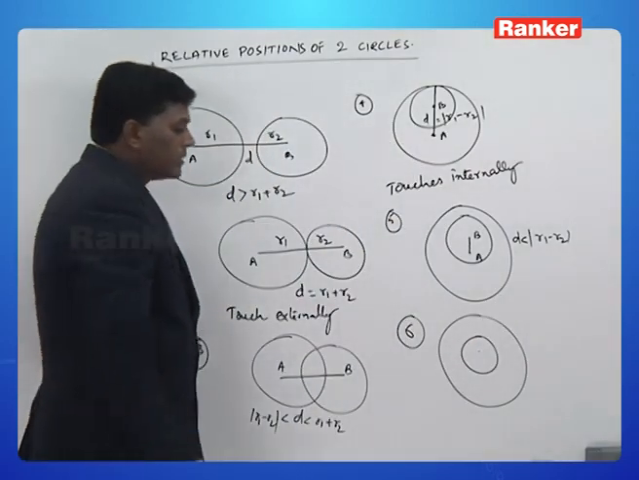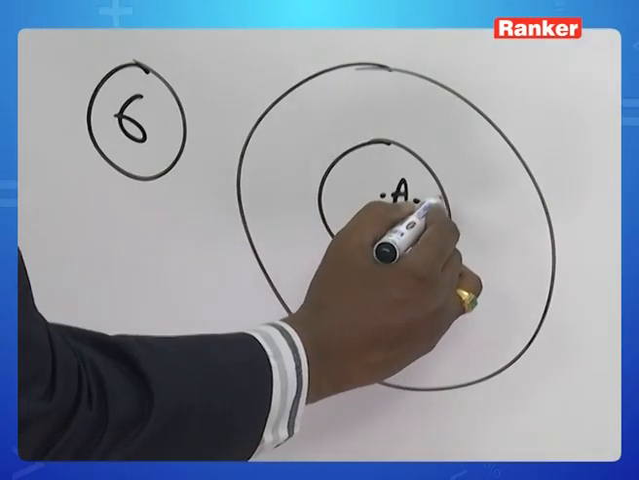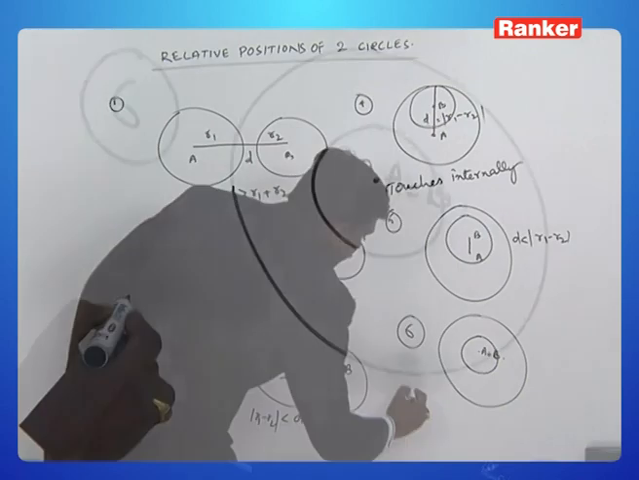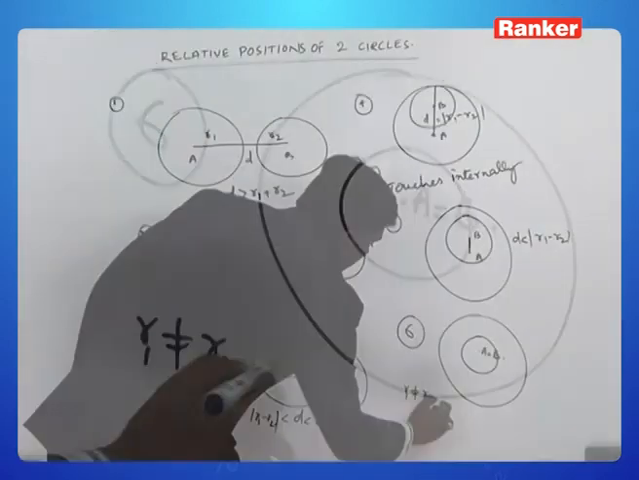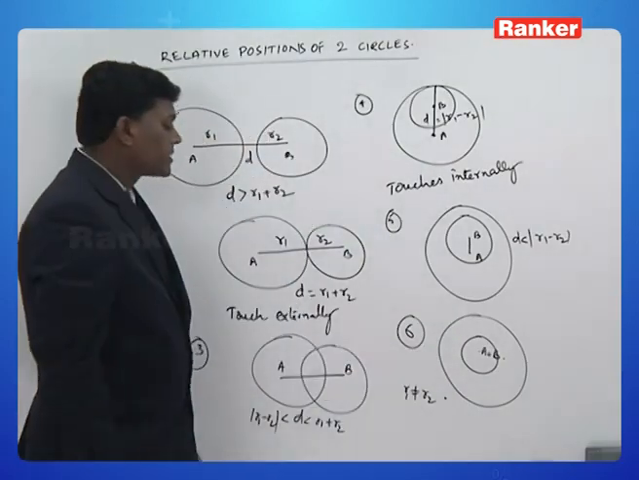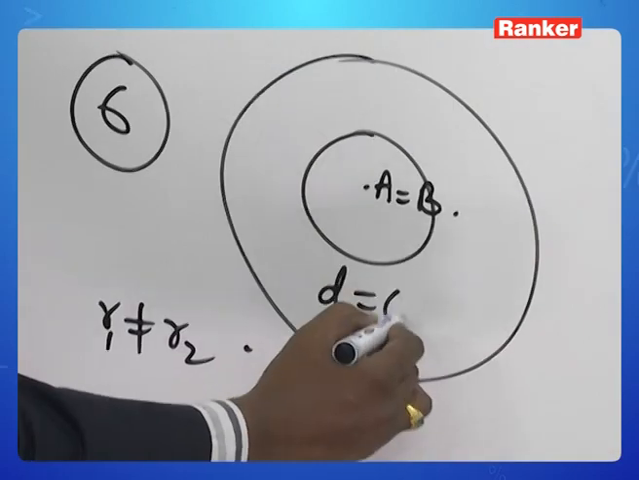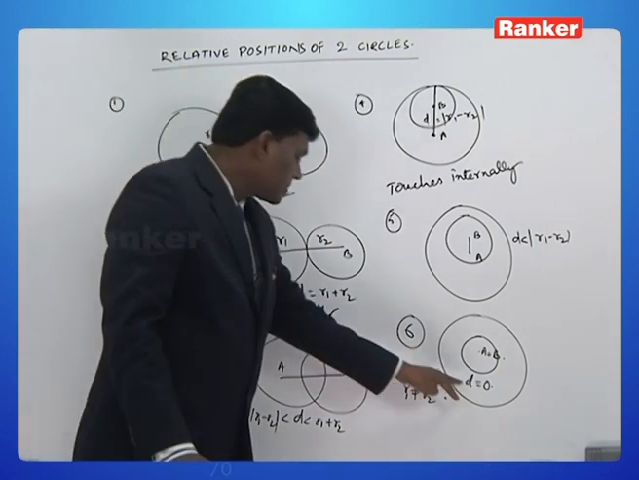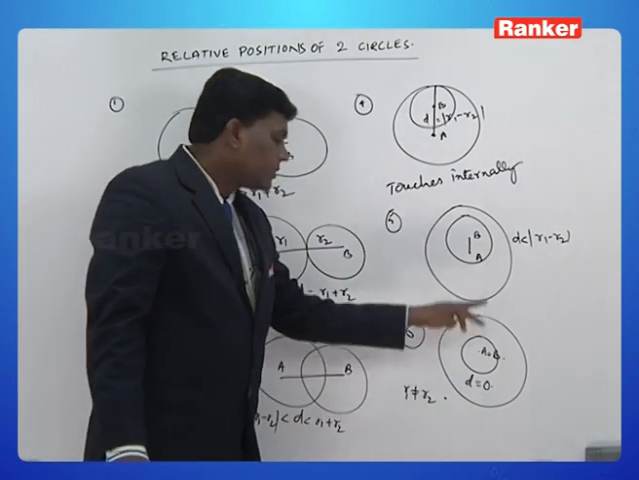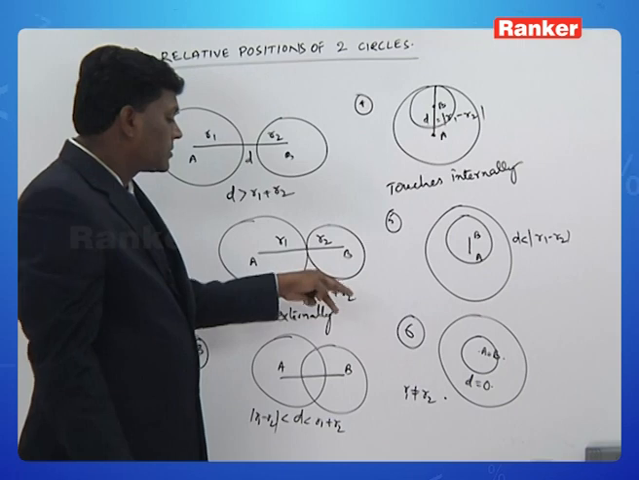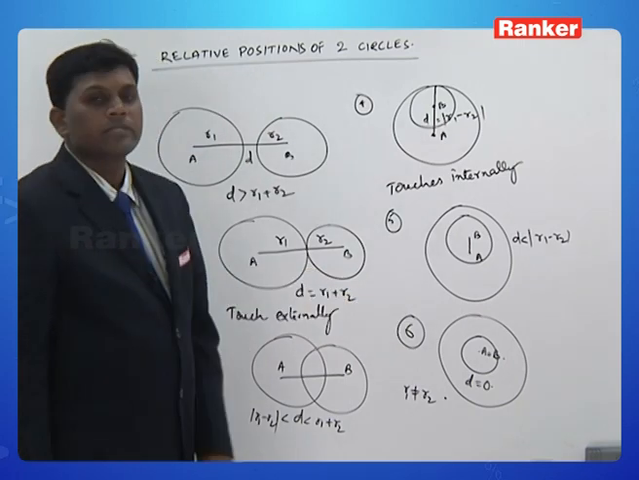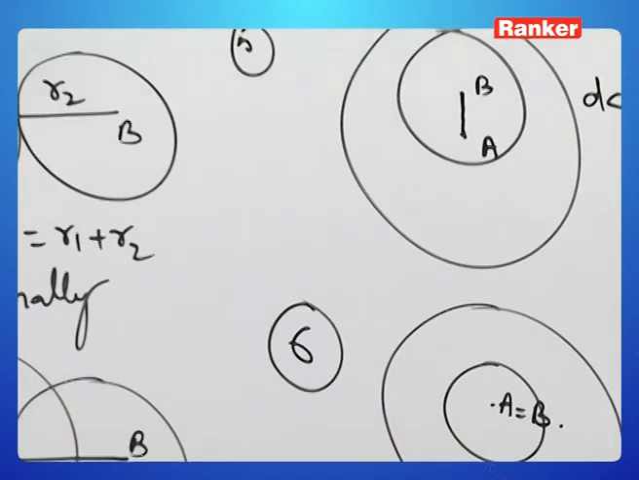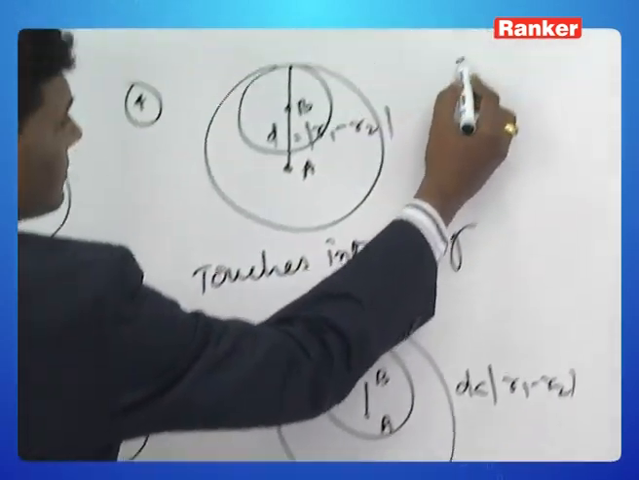in this case, both the centers A and B are coinciding and R1 is not equal to R2. If R1 is not equal to R2 and centers are coinciding, in that case D will be 0. Then distance between centers is 0 but the radii are different, then clearly the given two circles are called concentric circles. Apart from all these 6 cases, we can also see one special case, seventh one, that is